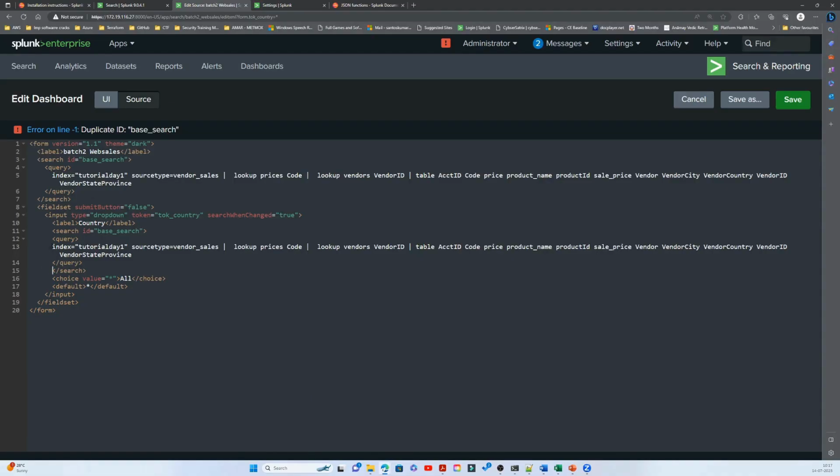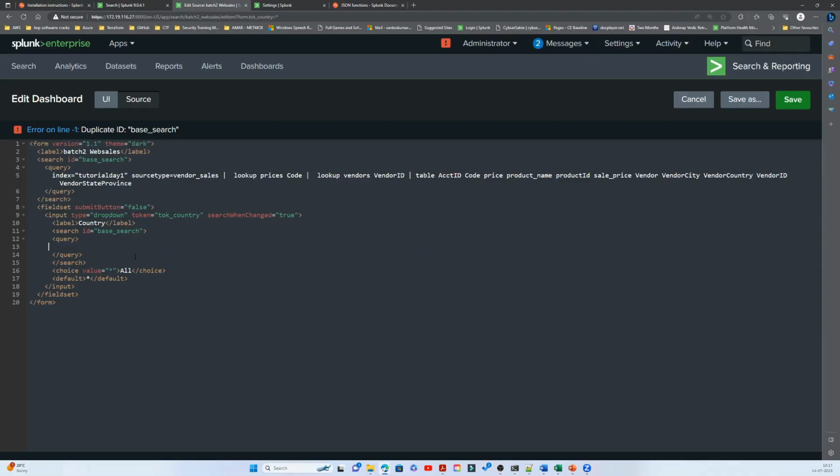Okay, and then in the query, what I'm going to give is my query as, what I need additional apart from the base search is stats count by vendor country. So what this is going to do is add the search string into my UI also. And I have to remove this base search because I've copied from there,